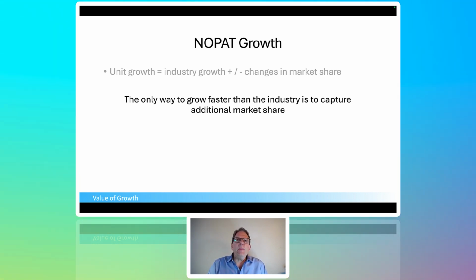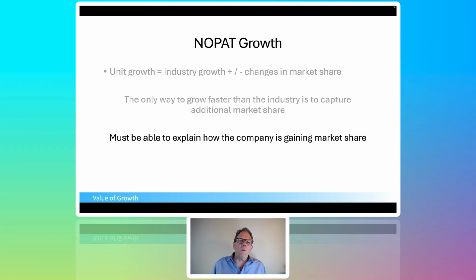So anytime a company says they're going to grow faster than the industry growth rate, they are basically saying they're going to take market share away. Now, the fun part about being an analyst is all of the companies in the industry believe they're going to grow faster than the industry, which I think is hilarious. Obviously not everybody in the industry can grow faster than the average. That's pretty straightforward. So if a company claims they're going to grow faster than the industry, they're effectively claiming they're going to gain unit market share.